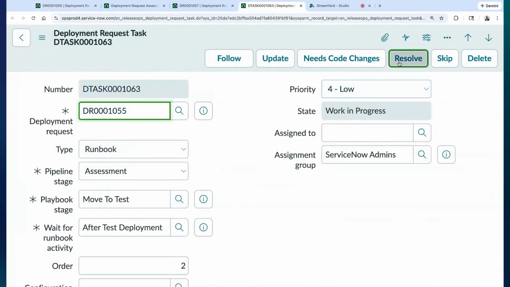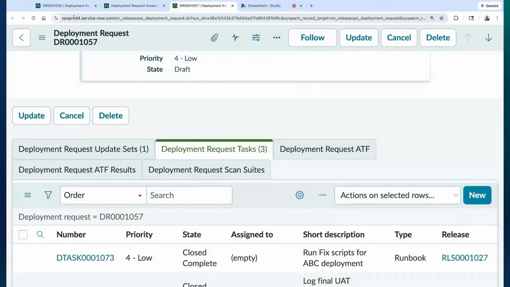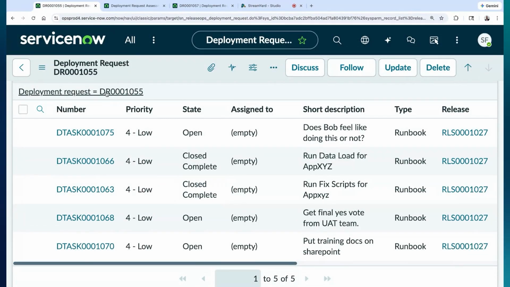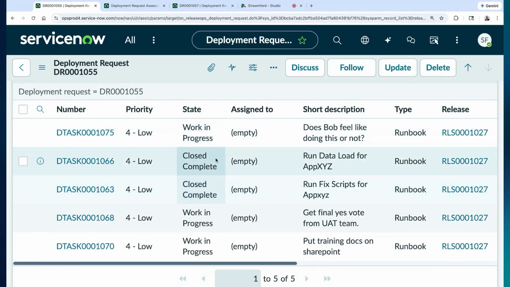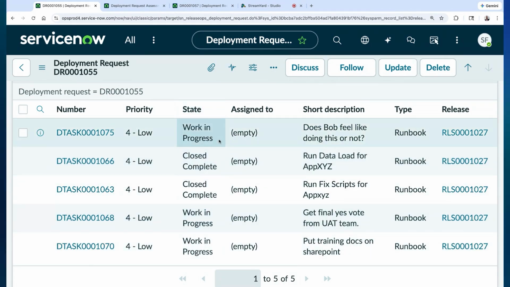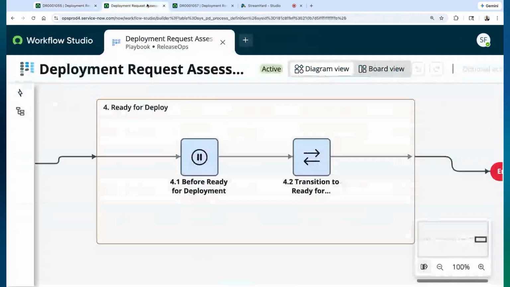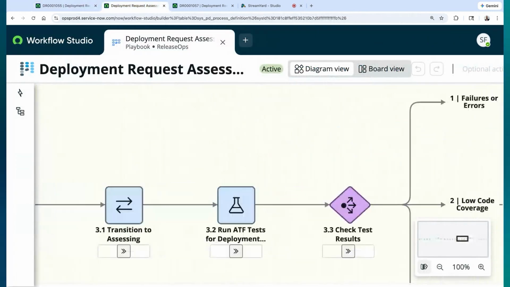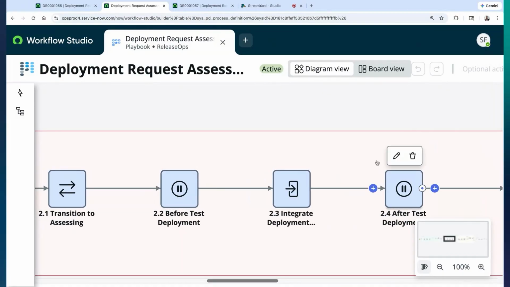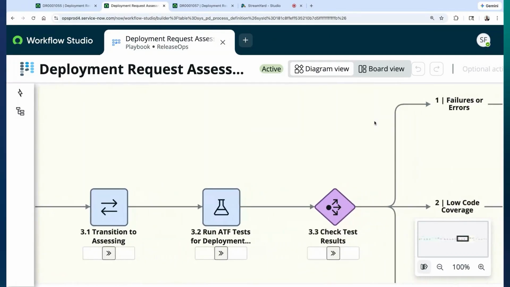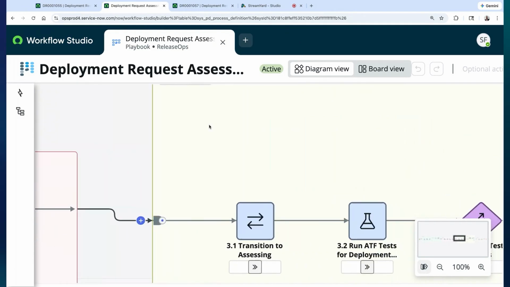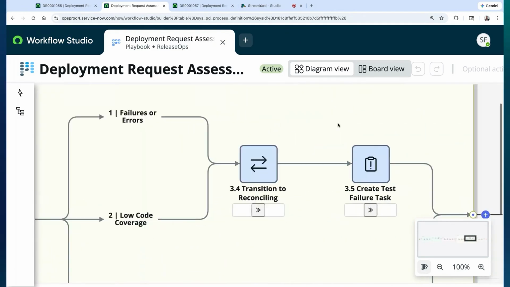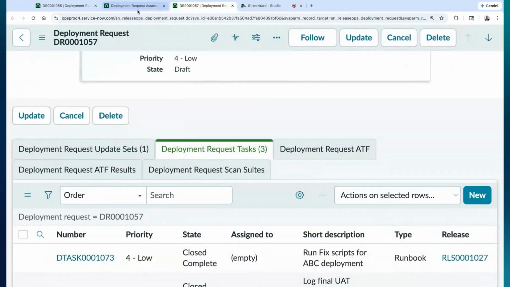and I'm going to resolve it. And now you can see everything else is in work in progress because it's gone and done the testing and that work is complete. So it's kind of in our image here, it's jumped from here to here. Or rather, sorry, it jumped from here back to here. Okay, so now we have